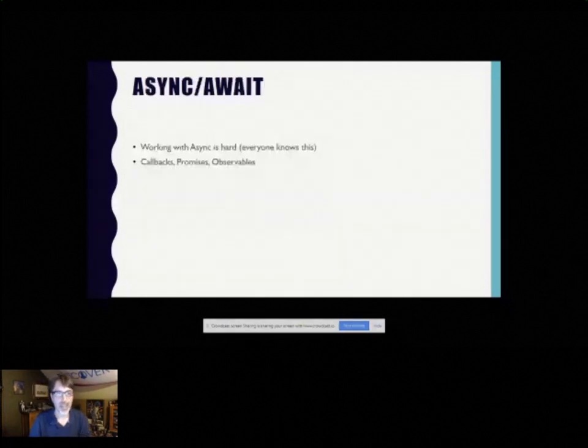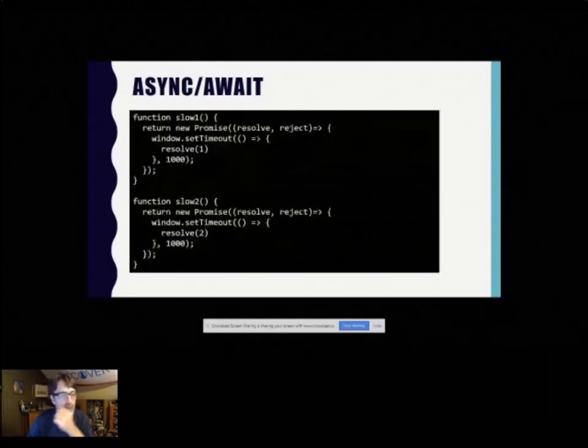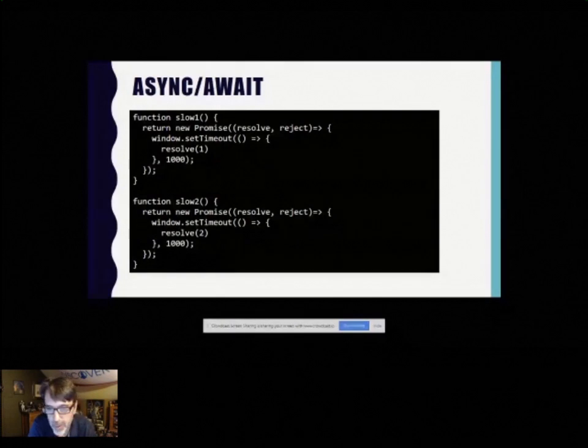The last one I'll show is async await. This one is really, really crazy. I'm still learning it. It's still a bit weird to me, but essentially, if you've ever done anything asynchronous, you know it could be a bit difficult. There's multiple solutions to working with this: callbacks, promises, observables, and this is a new way. Real quick example, I have 2 asynchronous functions, slow1 and slow2, that are returning promises. You can imagine these being 2 network requests or 2 DB requests, essentially 2 things that are asynchronous.